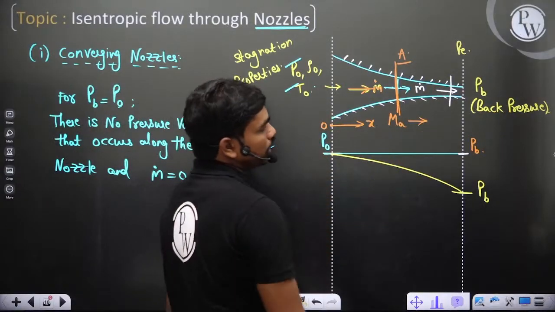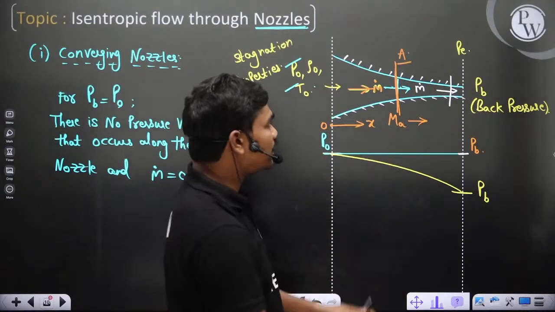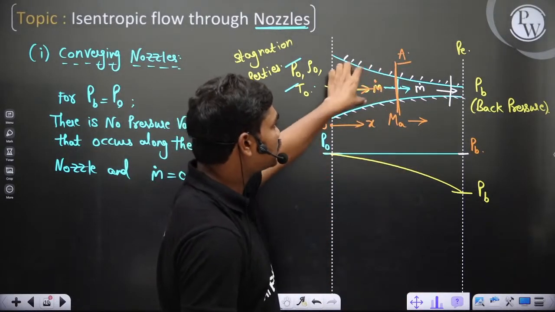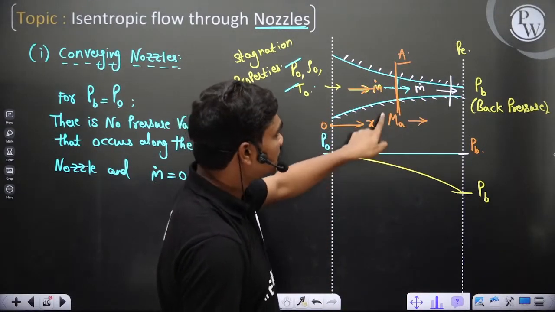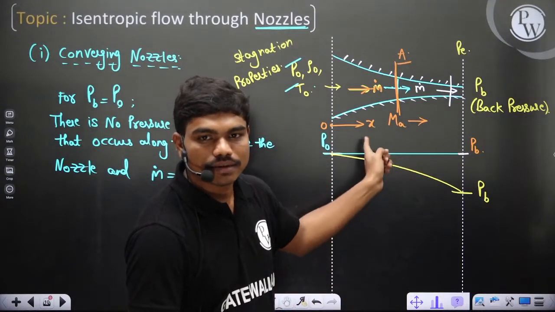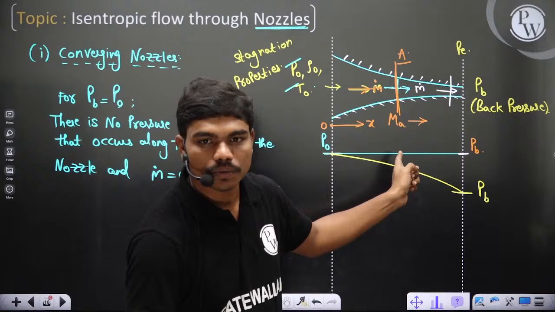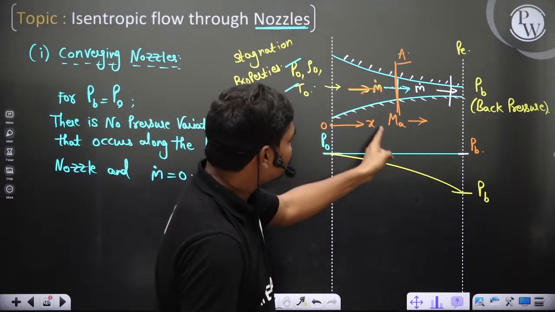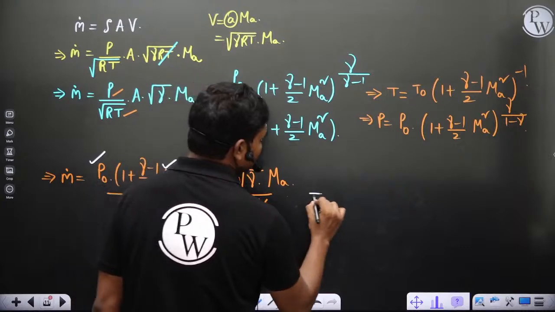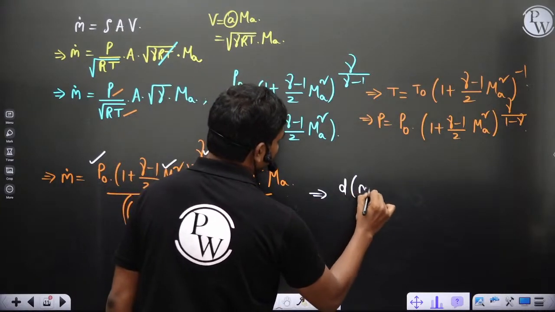Along this flow direction, one thing that changes is this Mach number, because at any location the area is determined by some function. So if you have designed the nozzle perfectly, this Mach number actually increases along the nozzle. Now see here, if this Mach number increases, if you, for example, do this analysis, d of m dot